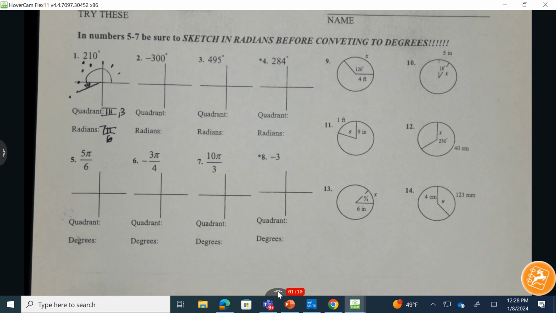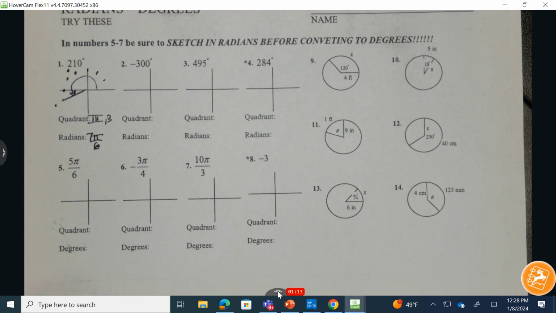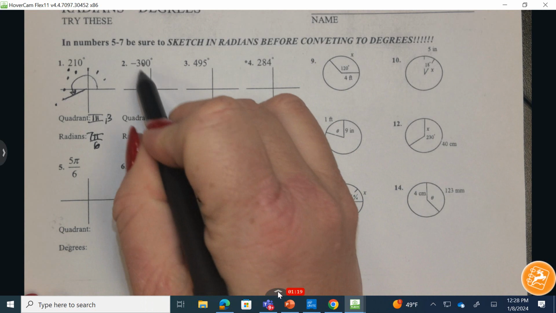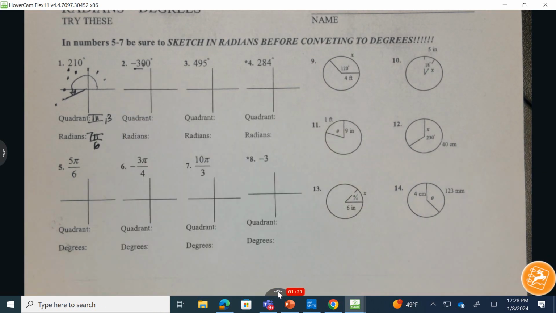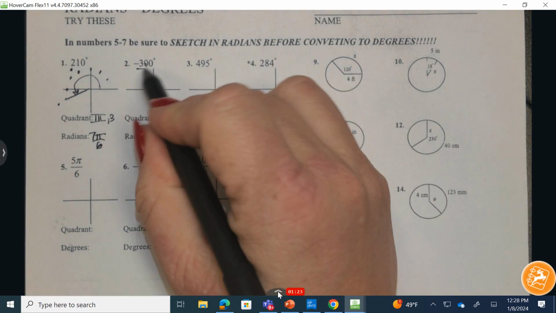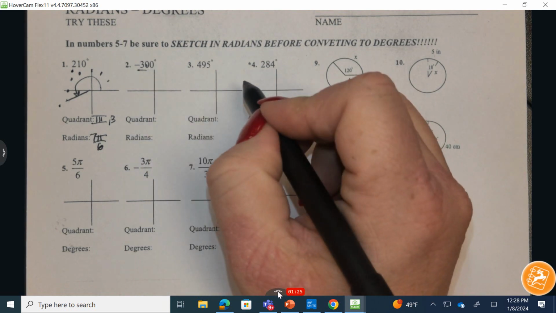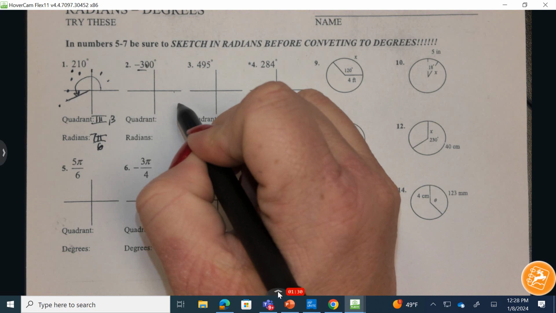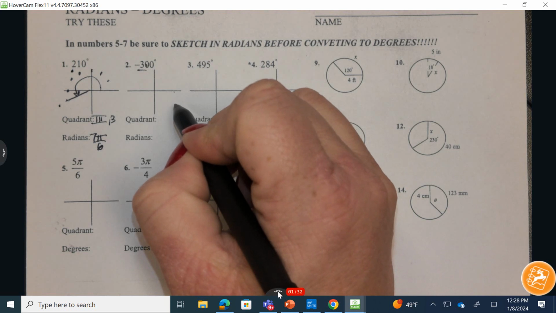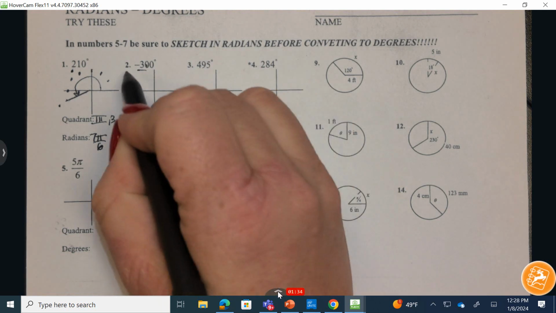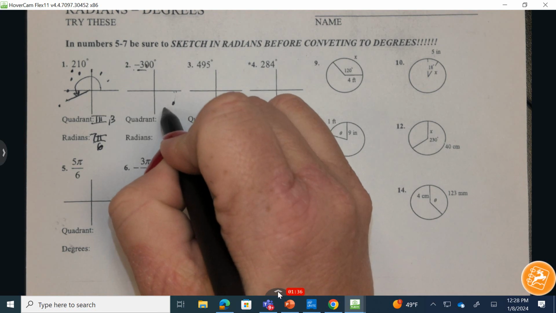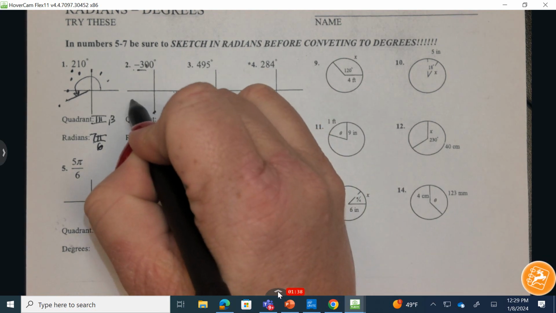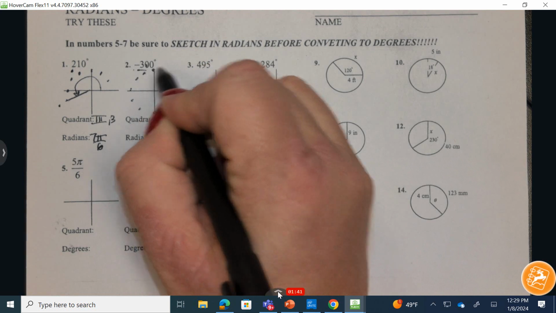Now, number 2 is a negative 300. So let's just think about this really quick. Negative 300. All right, so I recognize that 300 is one of the 30s because 30 is divisible by 3. So 30 divided by 3 is 10. So I'm going to go backwards 10, counting by these 30-degree increments, also equivalent to an interior angle of 1 pi over 6. So I have 1 going backwards because it's negative, 2, 3, 4, 5, 6, 7, 8, 9,